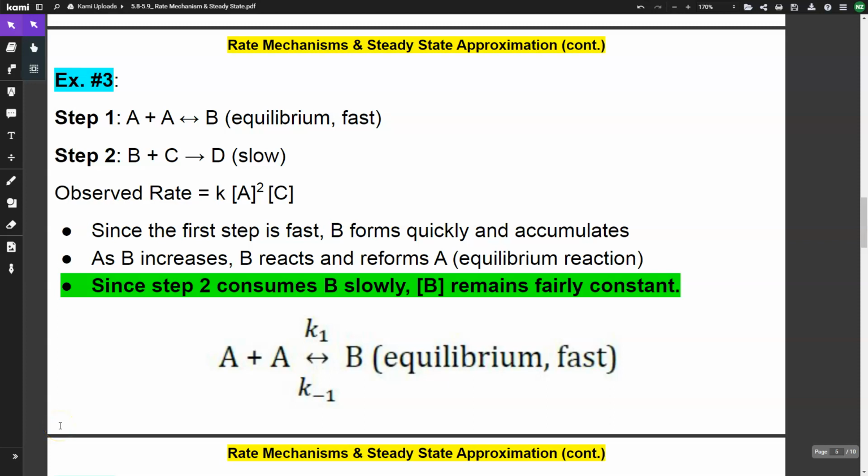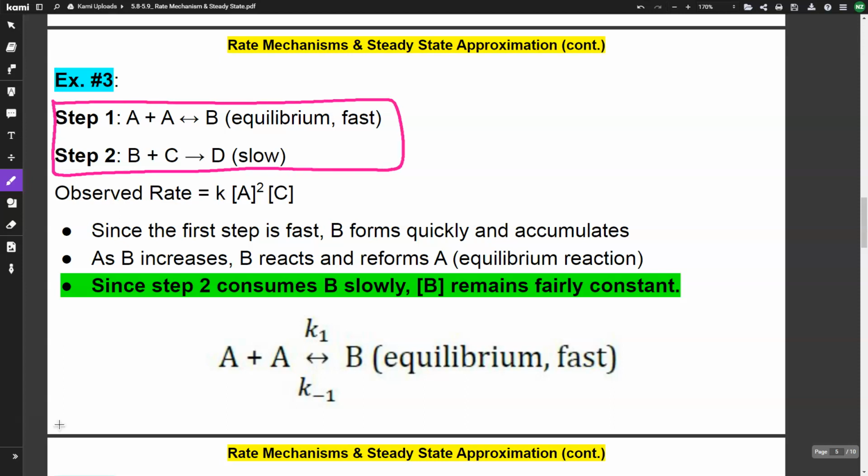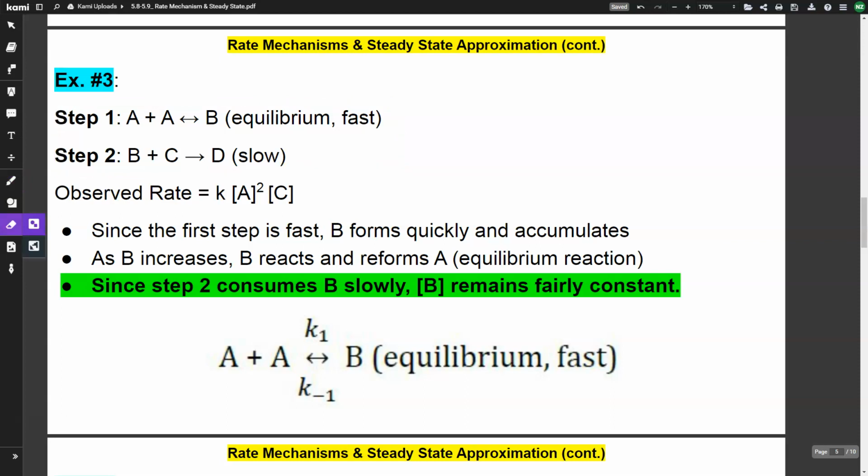In this video, we're going to go through steady state approximation. All right, so let's take a look at this first example. So we have a mechanism here, and remember, a mechanism is kind of like our recipe, and we have two steps, two elementary steps. Okay, so in this example, we have an observed rate of k times the concentration of